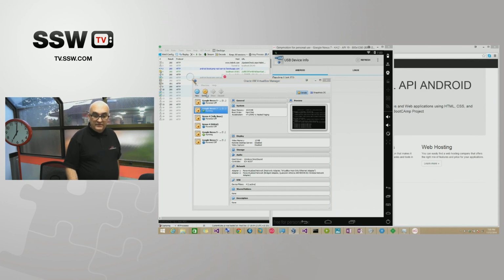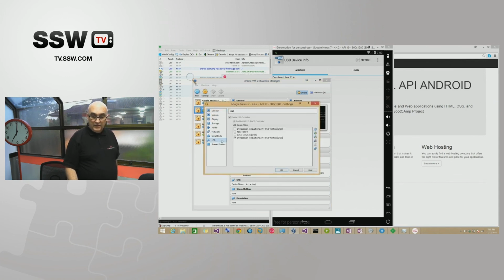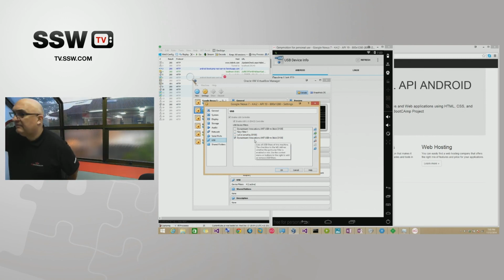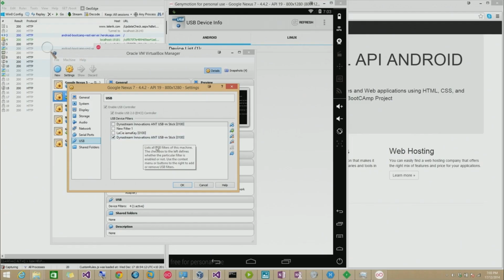And if I click on settings, there's a thing called USB, and there's these USB filters. So you can see there's a number of devices there. And you can see this ANT USB-M, if you can read that, the stick. If I click on that and edit it,